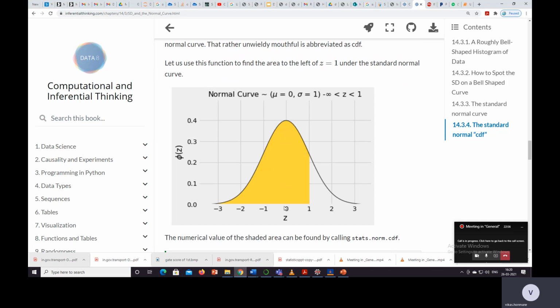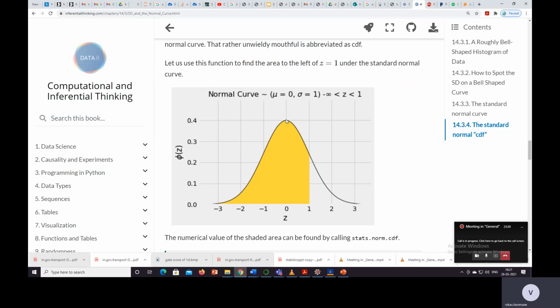And in the middle, we consider the mean 0. The standard normal curve is symmetric about the mean, and as per the property, the total area under the curve is equal to 1. If we consider the left hand side of 0 and the right hand side of 0, then both are equal, 0.5.